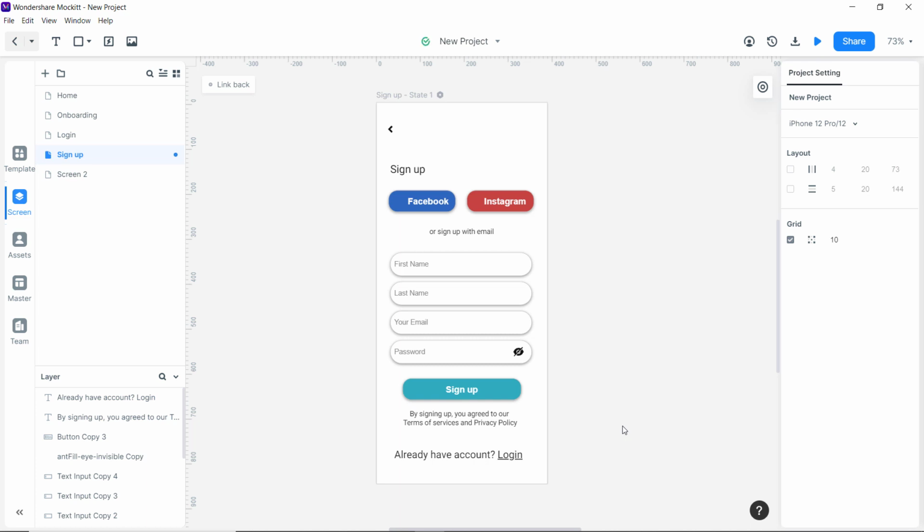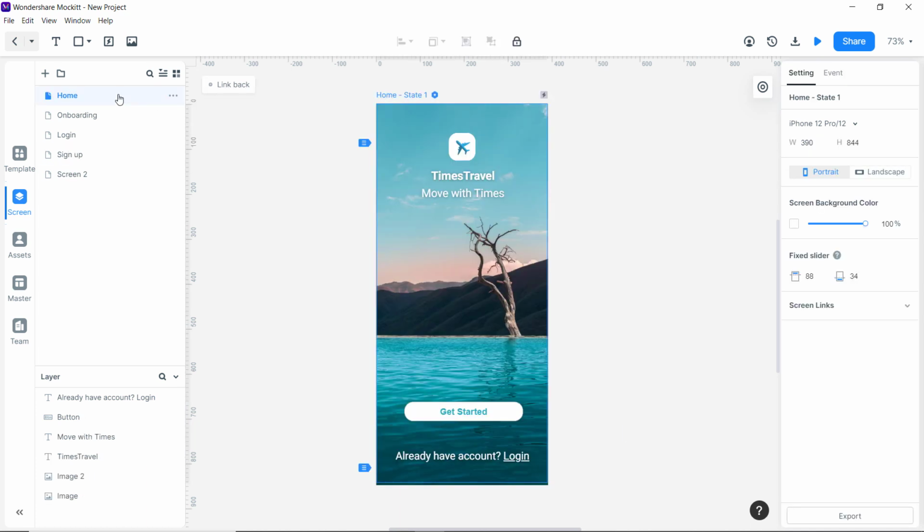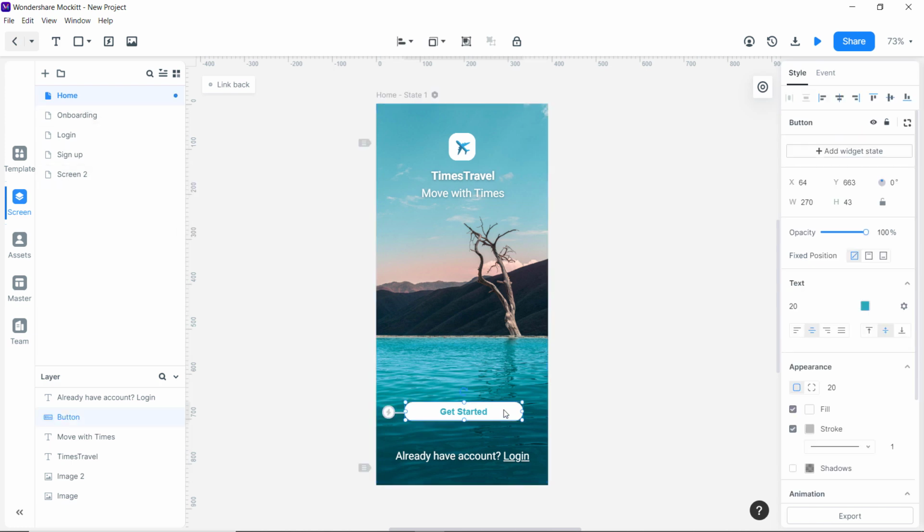So with some duplicates and some more properties, at the last provide linking here. Let me show you how to link your screens.